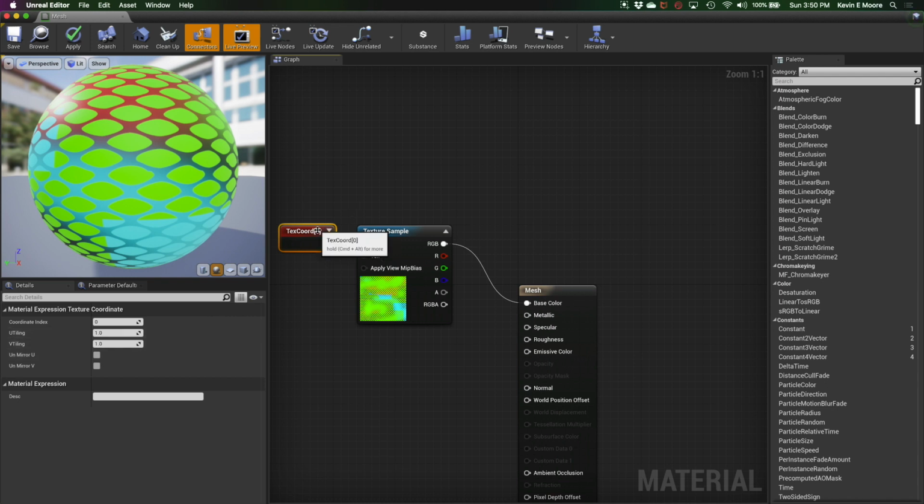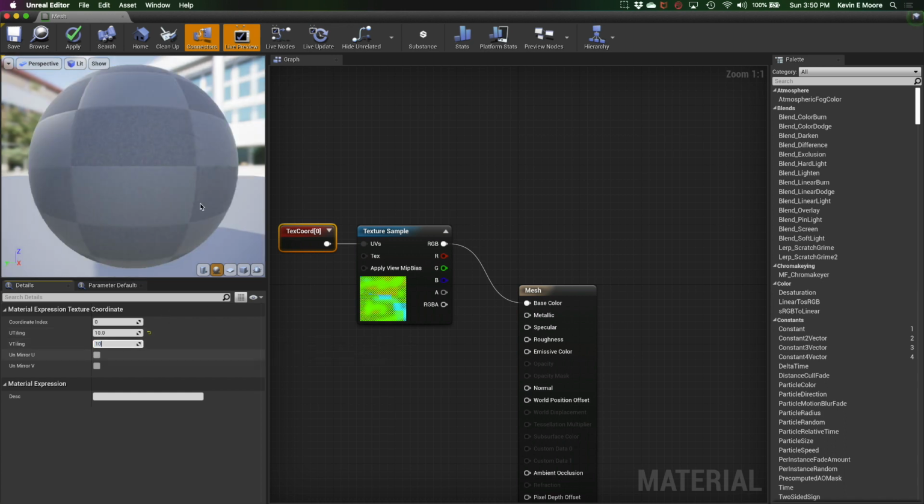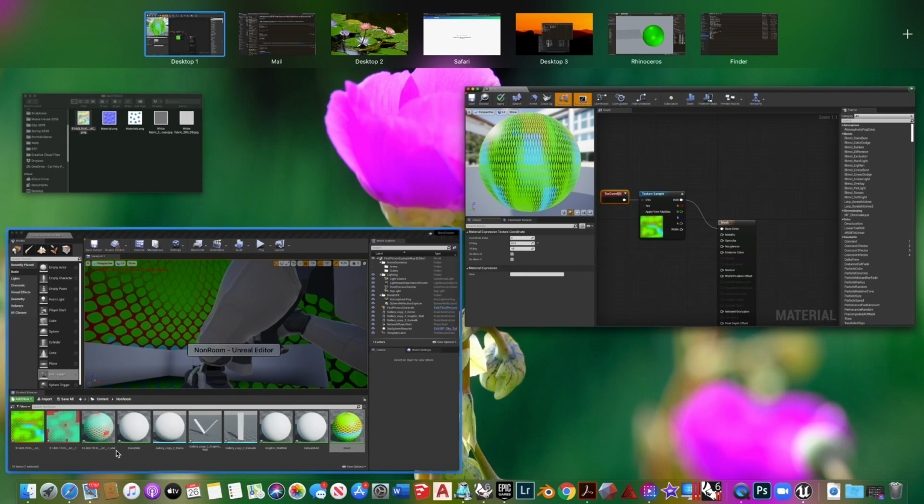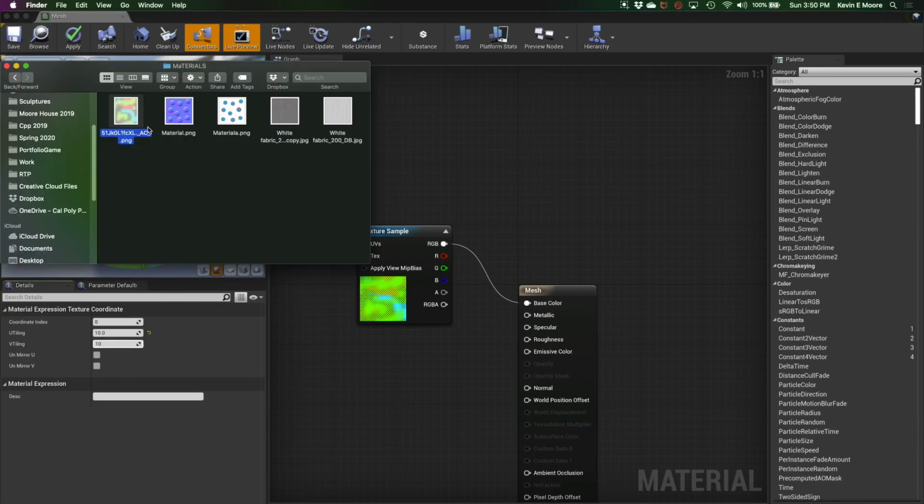So this is going to be a texture coordinate for creating multiplying effects. So if I wanted to do 10 by 10, you can see on our little sample here after it populates that we've got a multiplied effect. Okay? There are lots of things you can do to this. You can also use normal maps. So if I went back over to my object in here, opened it in Photoshop,